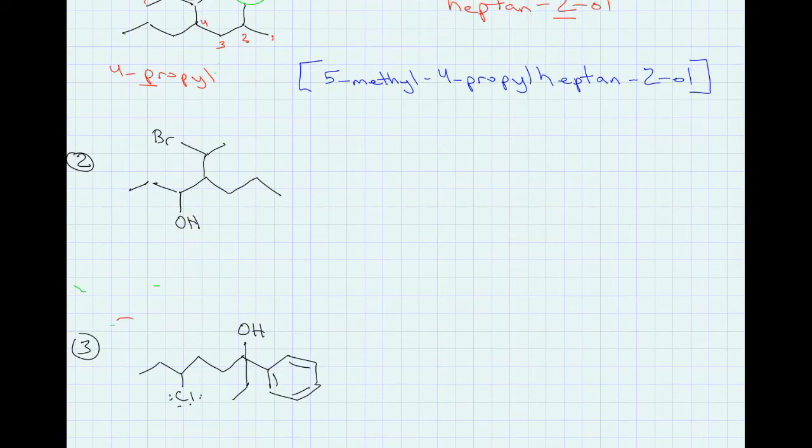If we look for the longest carbon chain, and again we're looking for the longest carbon chain close to our hydroxyl group, if we were to start at this end and name our compound 1, 2, 3, 4, 5, you can see right away that that's not going to work, because that is not the longest chain with the hydroxyl group on the closest end of it. So if we start here and say 1, 2, 3, the hydroxyl group is in the third position. 4, 5, 6, 7 carbons. So again, we're dealing with another heptanol, except this time our hydroxyl group is in the third position. So it's going to be heptan